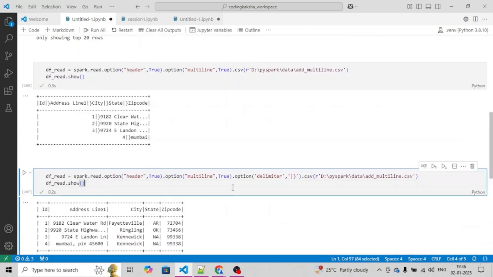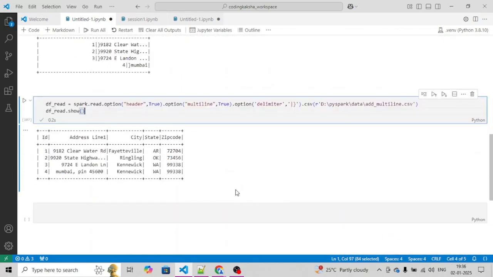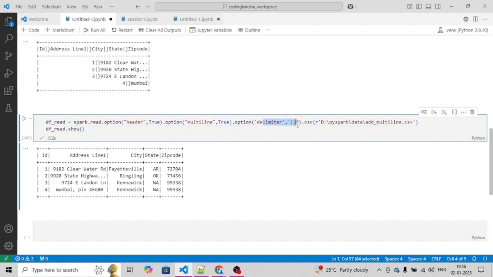We could encounter more issues with text files, and we will look at more things, like what the advantages and disadvantages of text files are, what more operations there are, and what more questions could arise. As of now, today I have just discussed multi-line and multiple delimiters, how we can pass the delimiter value into the text file.